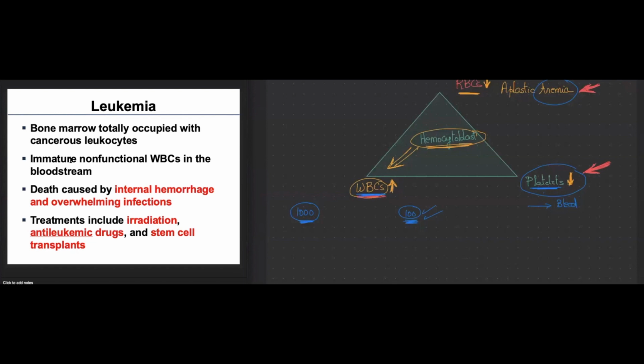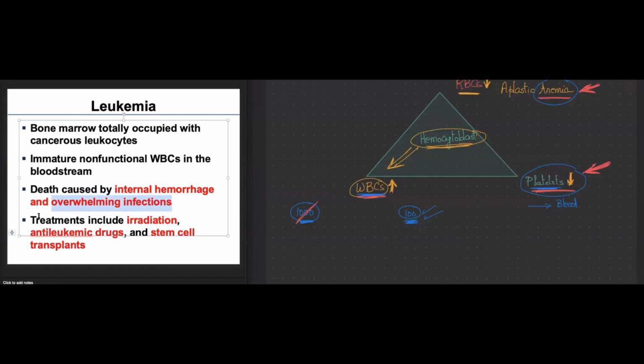And having too many white blood cells that are defective, those patients will start to develop overwhelming infections. So the three major problems here with leukemia would be aplastic anemia, thrombocytopenia resulting in internal hemorrhage, and having defective